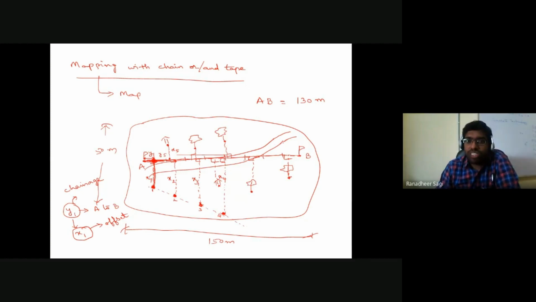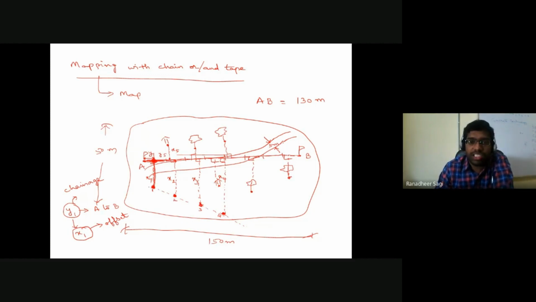So for that, before I start taking the offsets from the position of the road, what I can do is measure the width of the road at any cross section with the help of your tape or chain. Let's say the width of the road is 5 meters. Now the road I am going to represent in the drawing sheet, in the field book first, the width of that road should be indicated as 5 meters. Next, where is the position or the alignment of the road? How do I mark the alignment position of the road?